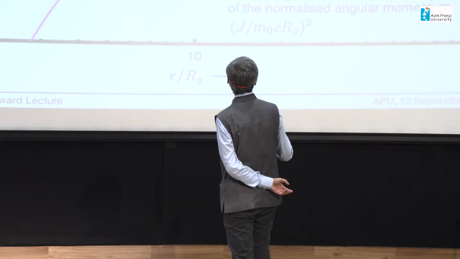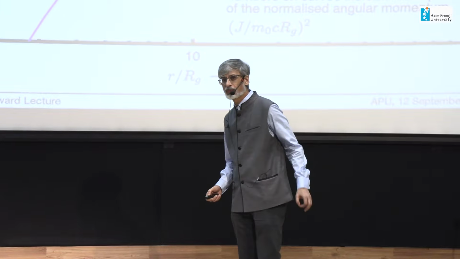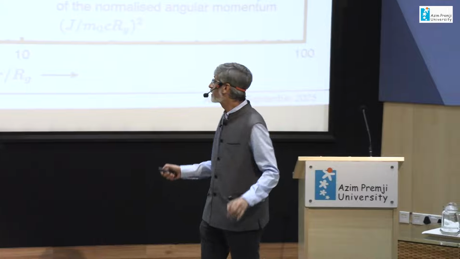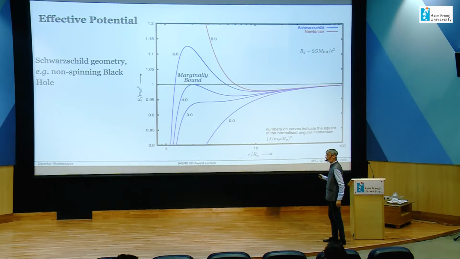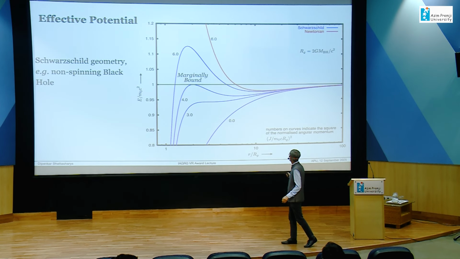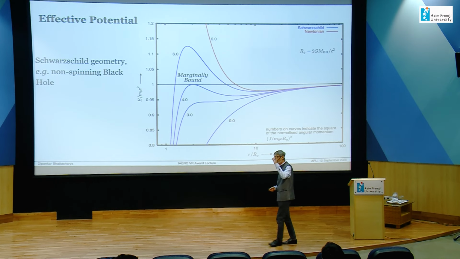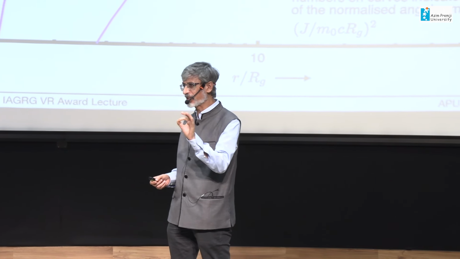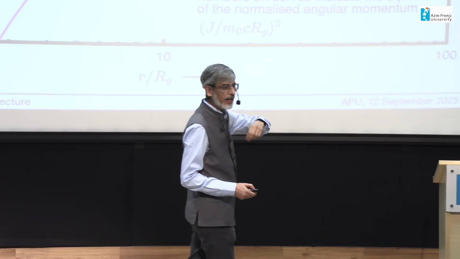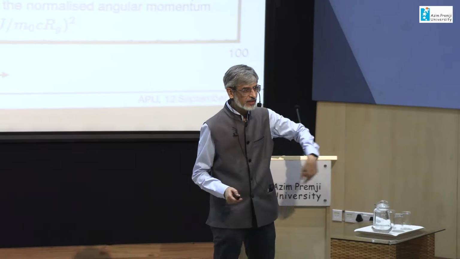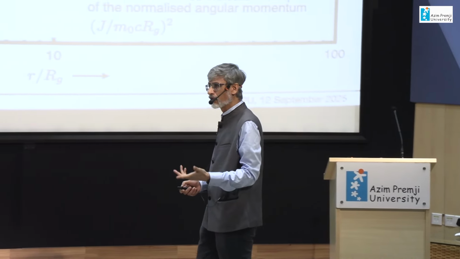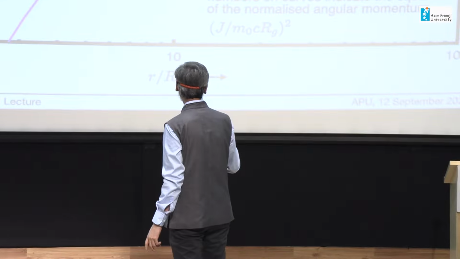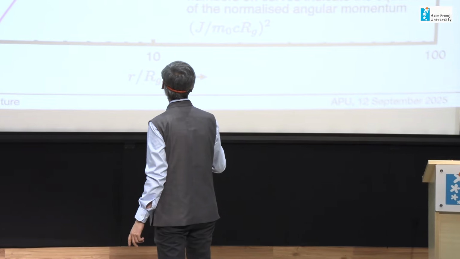Now, all these curves have a minimum. So, if your energy happens to be such that it crosses the curve at this minimum, then both the left and the right crossing points of this line come together at one point. That means the radius of the orbit is not changing, it's exactly fixed. But of course, the angular part is going around. So, a fixed radius but going around is a circular orbit. So, at the minimum of these curves are circular orbits.